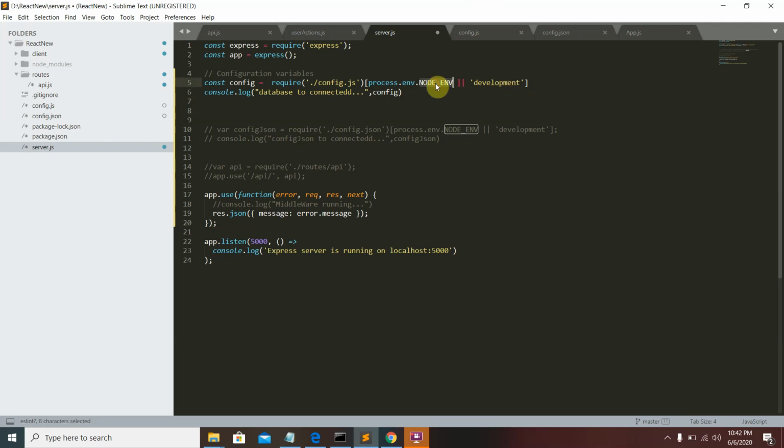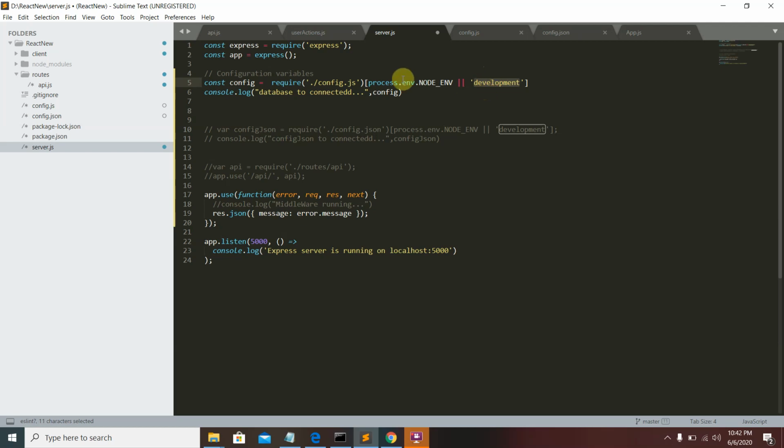If we are running on production, then the production server name should be here. And if there is nothing, then this is the ES6 format, the default server should be development.